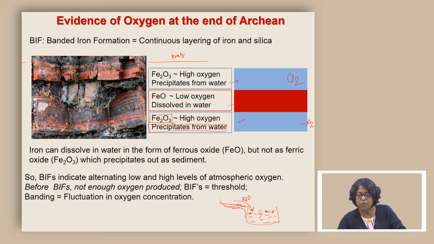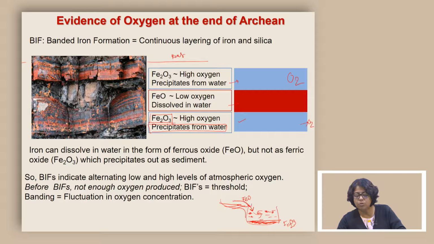partly dissolved in ocean water will start to precipitate, and once it starts to precipitate, it is going to create a layer which is going to be rich in this Fe2O3, because that is the phase that is going to be created during high oxygen intervals, converting this FeO to Fe2O3, and this will precipitate. But then let us consider a situation where the oxygen level is again low, then this phase is going to continue, this is not going to precipitate.